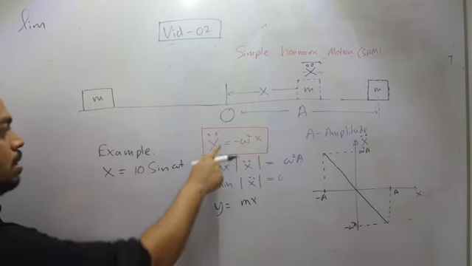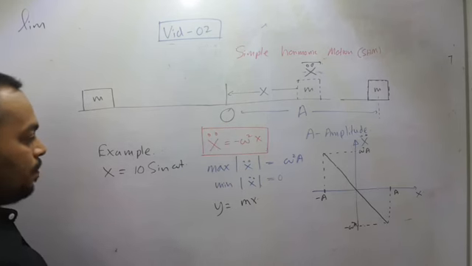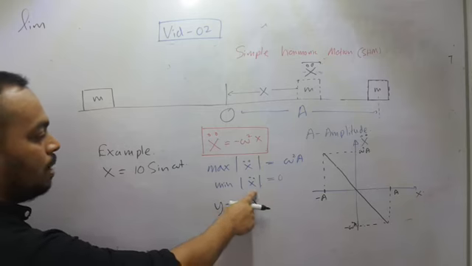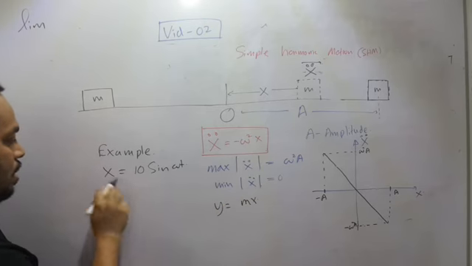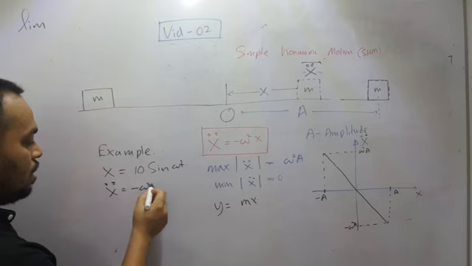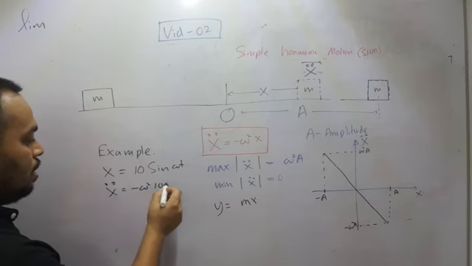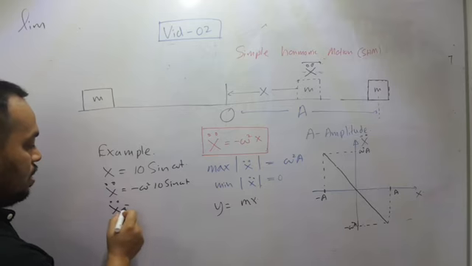The minimum acceleration obviously occurs at zero, at the center. By minimum I mean the absolute value of the acceleration. So how do you find the acceleration? You just differentiate it with respect to time twice. So you get x double dot equals minus omega squared times 10 sine omega t,